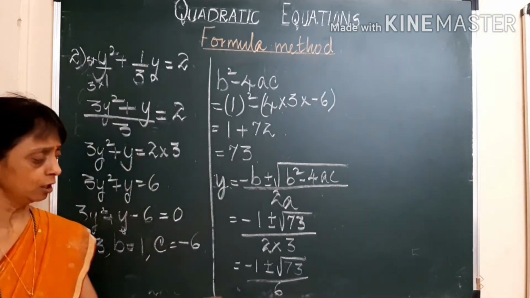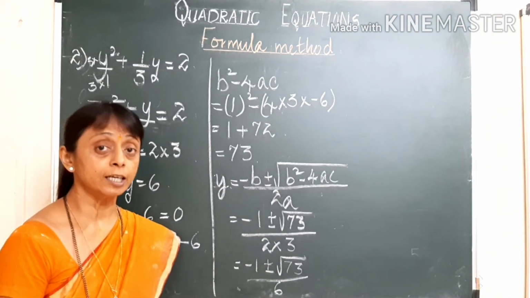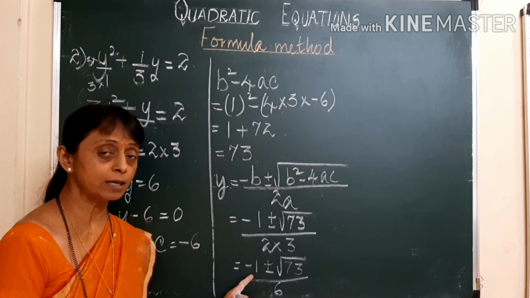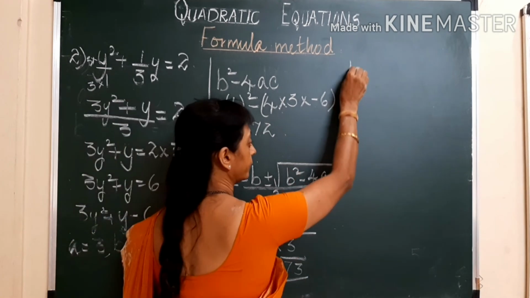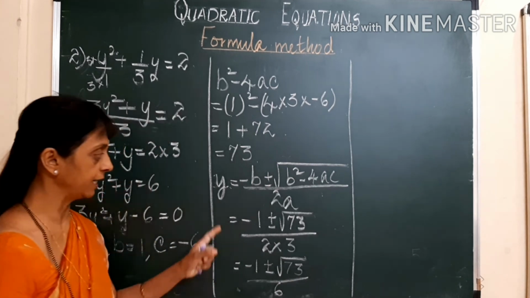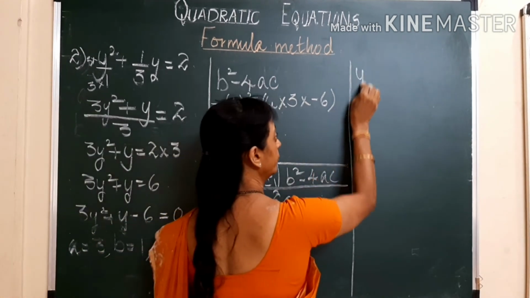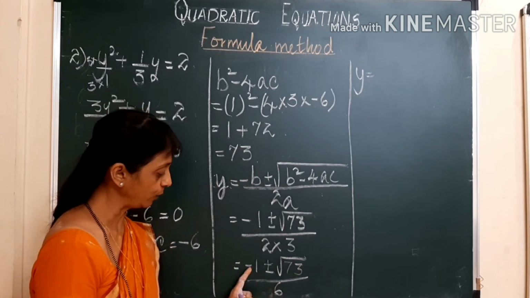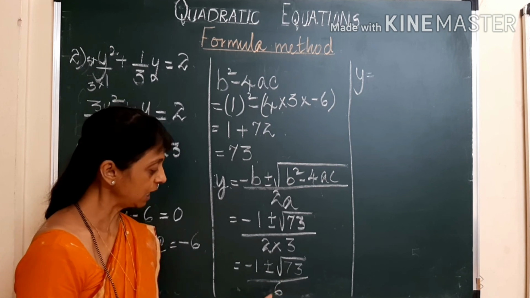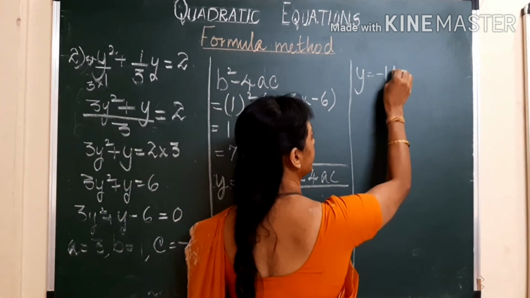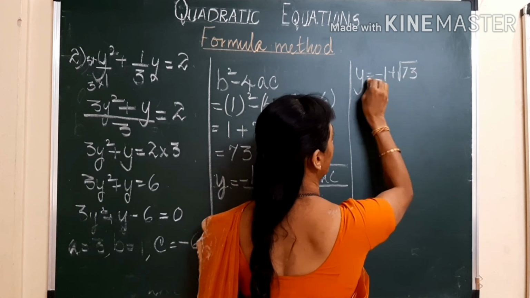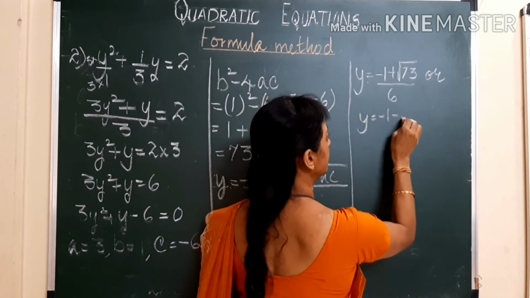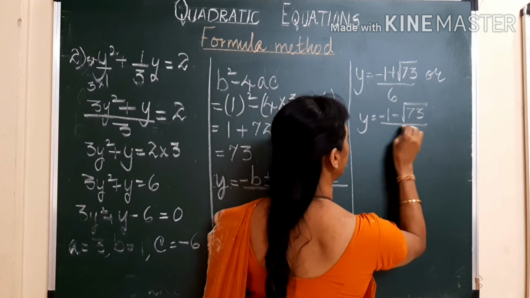Now children, over here, look at square root of 73. It is an irrational number. So can you add or subtract an irrational number with a rational number? Definitely not. So finally, what answer do you get? You get y will be equal to minus 1 plus root 73 upon 6, and the other one minus 1 minus root 73 upon 6. So minus 1 plus root 73 upon 6, or y is equal to minus 1 minus root 73 upon 6